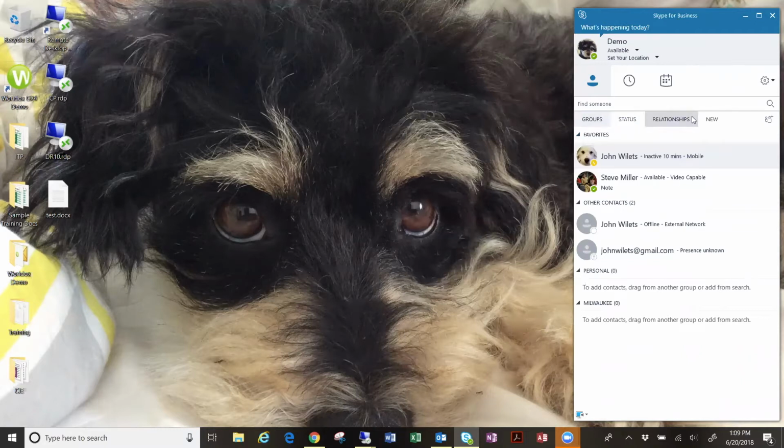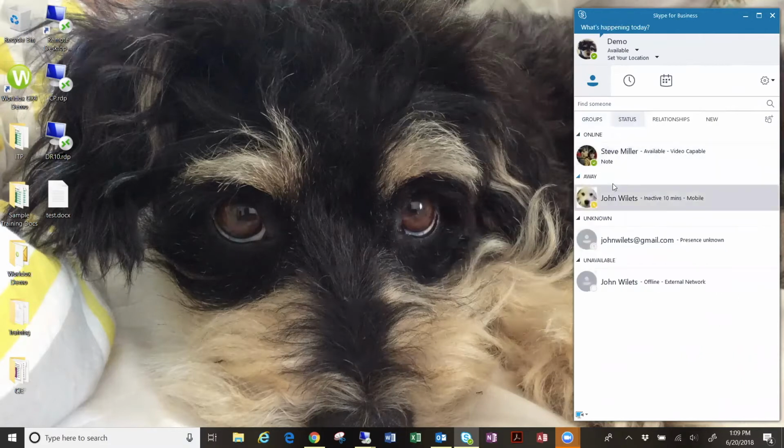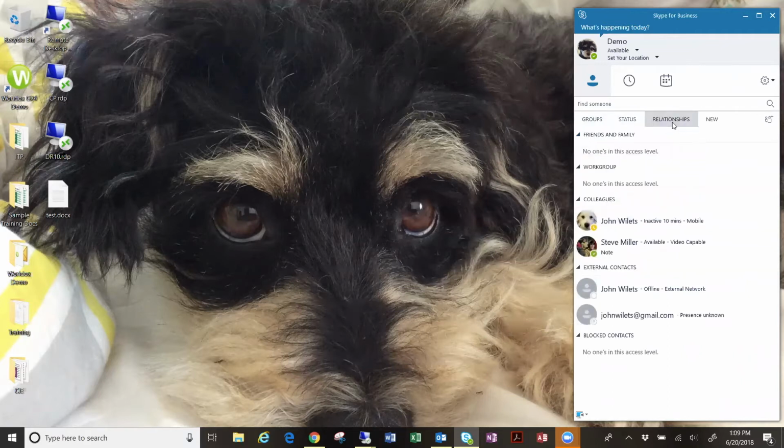There's a couple tabs across the top here that you can see. So you can sort it by status, and we'll talk about status in just a second, but that'll tell whether the individual is away from their system or in front of their system, or they've got it set to do not disturb. There's also a tab called relationships, and relationships determines